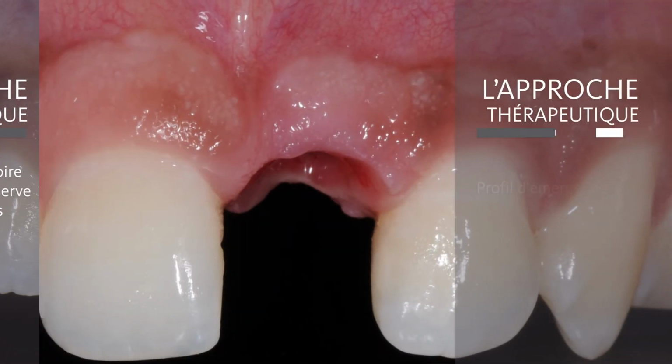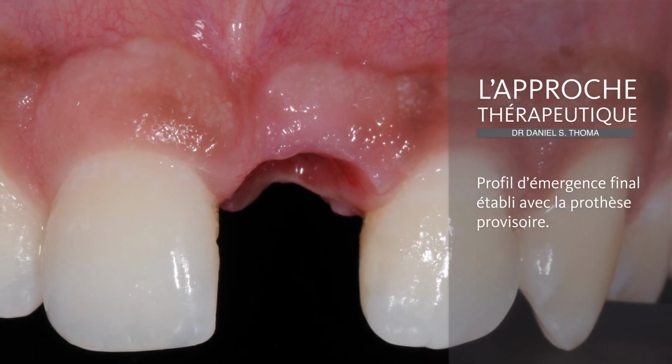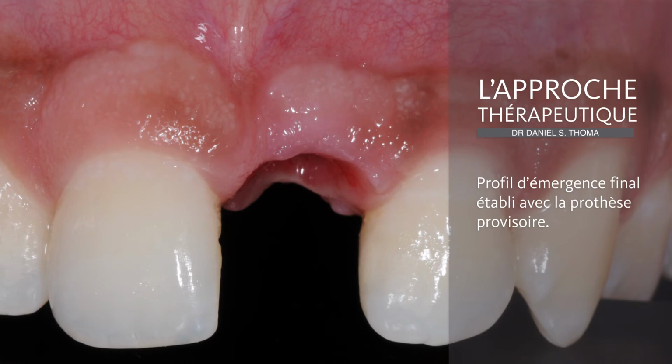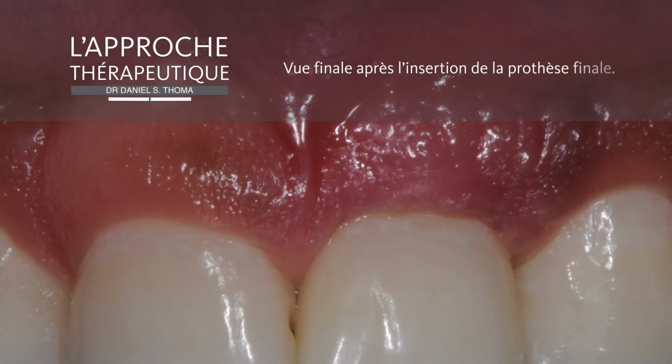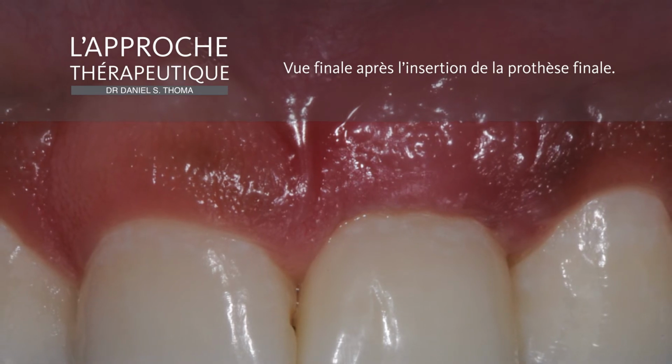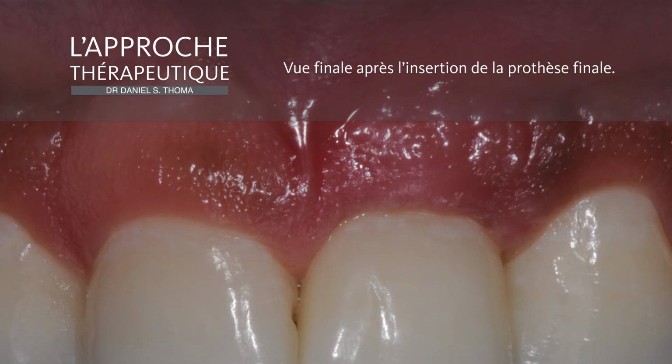Following a certain healing phase, usually between 2 and 3 months, we can see the final emergence profile that was established with the provisional reconstruction. Finally, we take a final impression and we can insert a final implant-borne single-tooth reconstruction made with a zirconia abutment